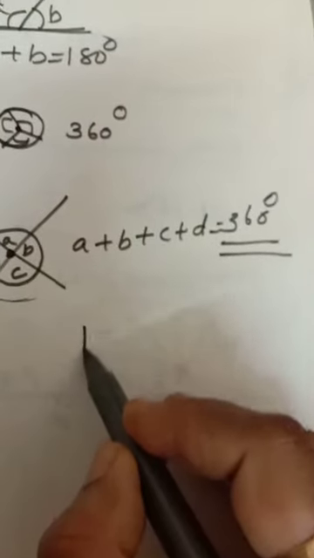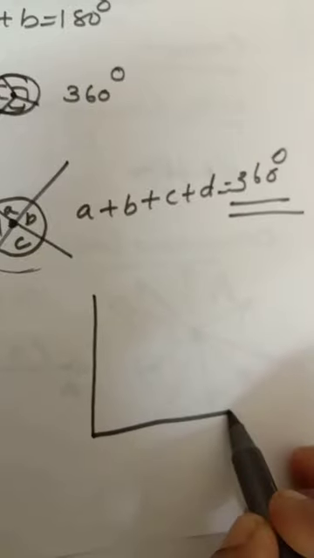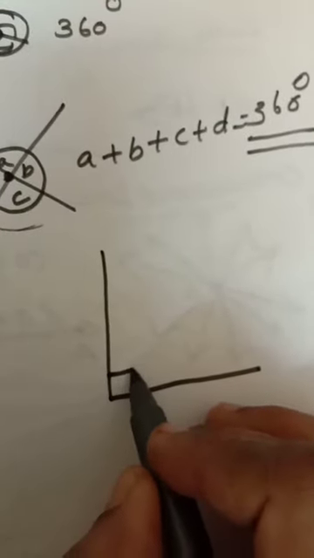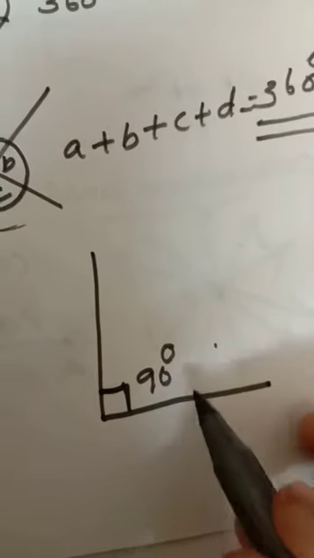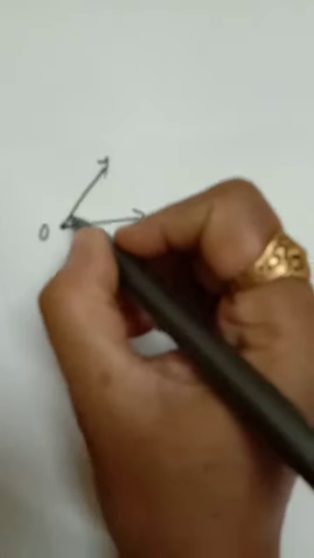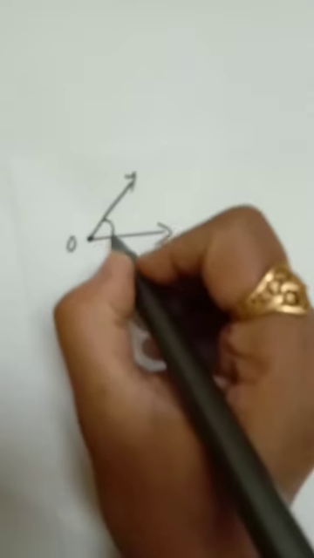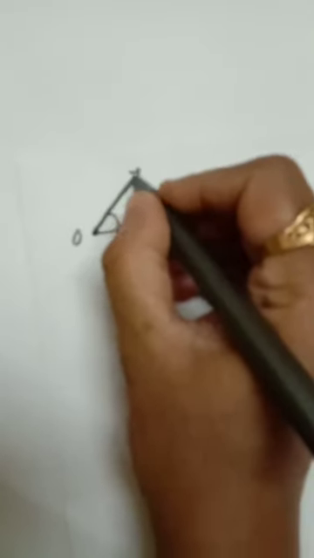Right angle, everybody knows. What is a right angle? A right angle means a vertical line with a horizontal line. Square is the symbol, that is 90 degrees. Okay, this is a right angle. And an angle is formed when two rays meet at a point. Their angle is forming. Okay, an angle has two arms and one vertex. Clear? One vertex and two arms.